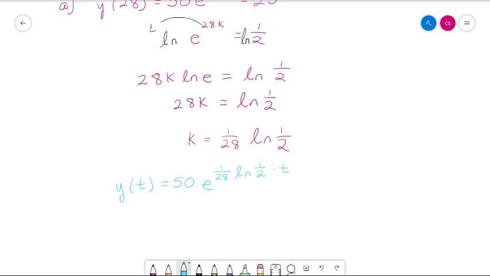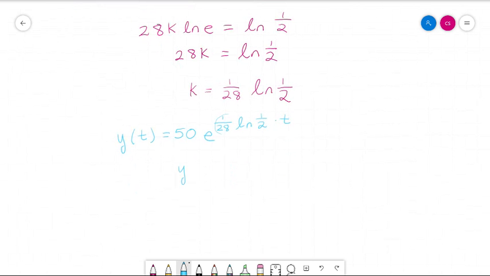Just like before, I'm going to take this t and move it to the front. And now this whole number multiplied by a natural logarithm, I'm going to move into the argument as an exponent. And that's going to be our model. Well, almost. We have one more step. So t over 28. And the last step, e and natural log essentially will cancel, because it's a composition of inverse functions. And we're left with 1/2